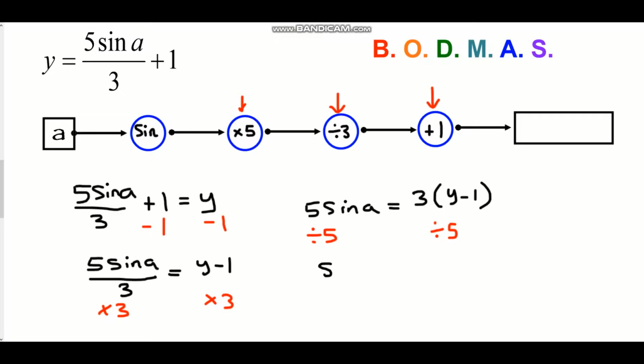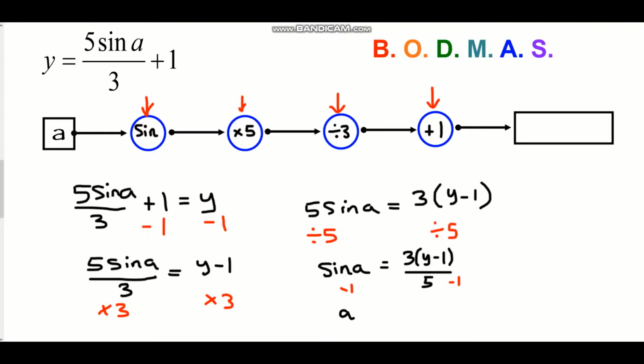So sine A is equal to 3 lots of y minus 1 divided by 5. And then the last part of this, to undo a sine, which you might not be as familiar with, but it was in National 4, the opposite of sine is the inverse of sine. So we're going to take sine to the minus 1 of both sides of this equation, and we get that